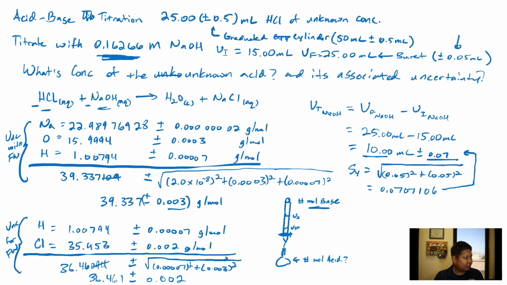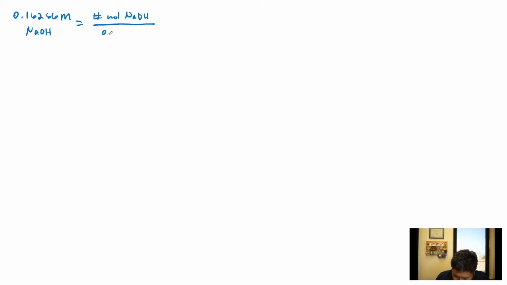So I'm going to start out by writing this: 0.16266 molar NaOH equals the number of moles of NaOH divided by the volume we had from the burette, which was on the previous slide, as being the 10 mL, right? So that would be 0.0100 liters, okay? And that's going to give me the number of moles of NaOH. If I solve for this, and I just keep on saying that, but I want to make sure everybody's clear, right? And so my number of moles of NaOH is